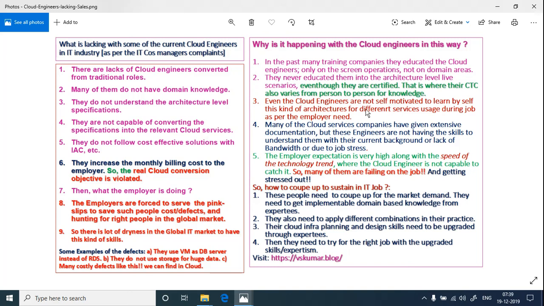Then the third point: even the cloud engineers are not self-motivated to learn these kinds of architectures by themselves, for different services usage during the job as per the employer's need. Now, if you see,